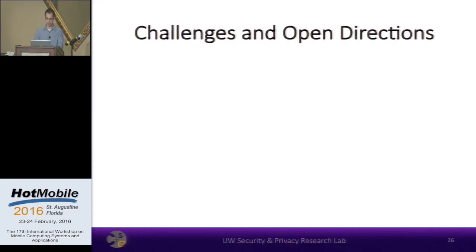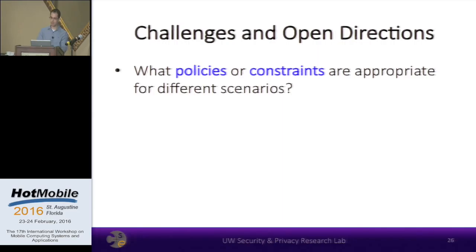Given its capability to enforce policies at a fine granularity, we believe the AR object model is a step in the right direction for managing visual outputs. However, we don't yet know how to best exercise that capability, and a number of design challenges remain. First, we need to consider what policies or constraints might be appropriate for different scenarios. For example, reasonable policies while a user is lounging in bed may not translate well when the user is doing something potentially hazardous, like operating burners on a stove.